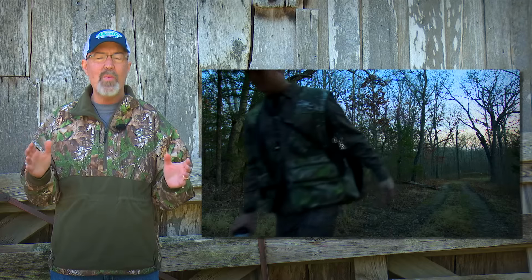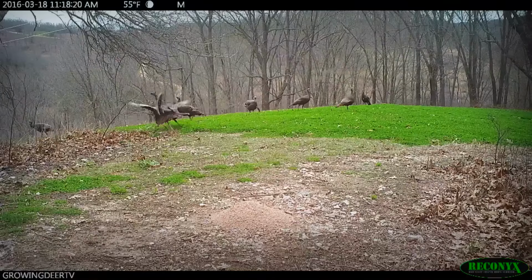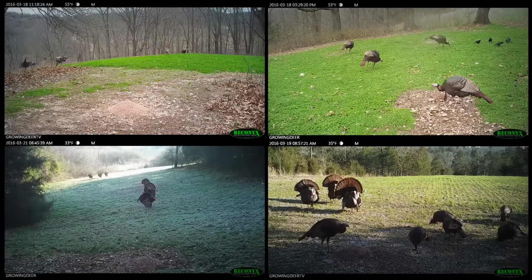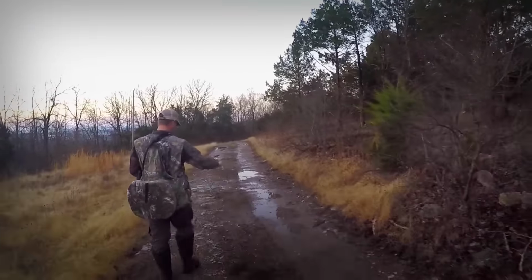Owl hooting is a great way to locate turkeys, and locating toms is a big part of preseason scouting. We already know areas toms are strutting based on our Reconnex pictures and videos. Our preseason scouting trips help us identify where they're roosting so we can set up for that bird while he's